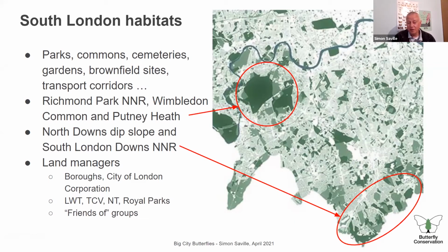And here in this part, you've got part of the North Downs and the new South London Downs National Nature Reserve, which was created and designated in 2019, linking some of the chalky areas down south of Croydon in Croydon Borough. So those are special areas, and the rest of London really is about parks, commons, cemeteries, gardens, brownfield sites, transport corridors, and you can see the diversity we have here